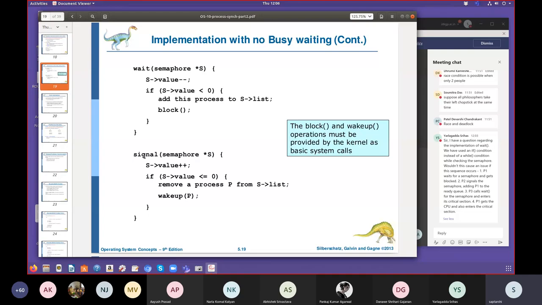So P1 was returned to the ready queue. But before it could get the semaphore, another process called wait. Then you are saying when P1 will be allocated the CPU, it will